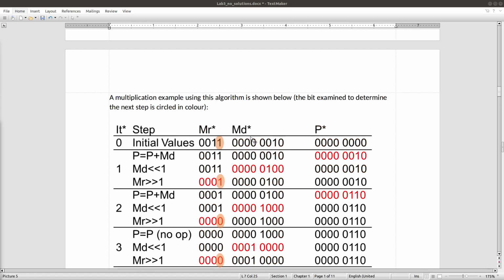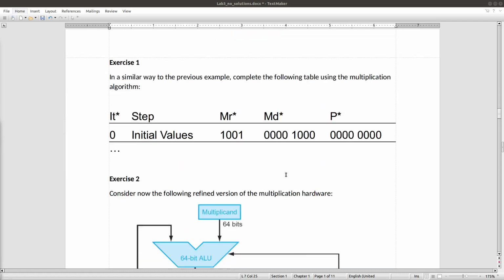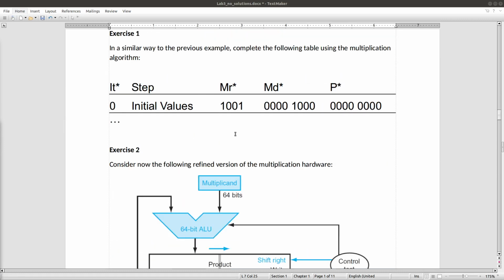Here is an example of how the algorithm will work during a multiplication of two operands, and we will need to look into the value of each operand, multiplier and multiplicand, together with the result in the product register step by step, and then you will need to do exercise 1 yourself.